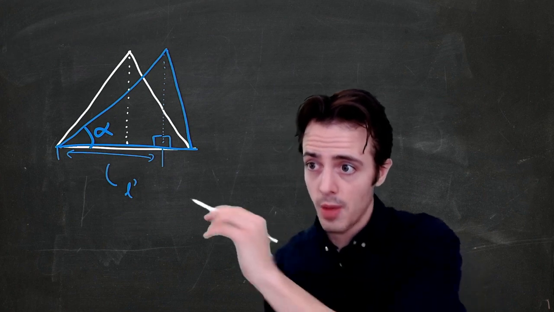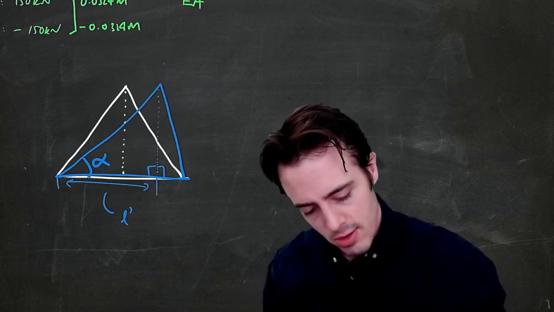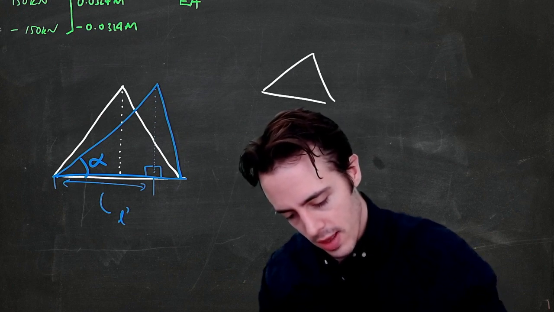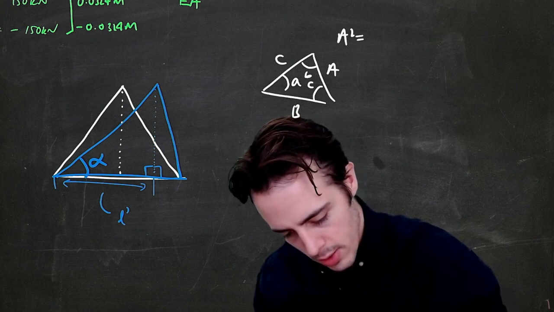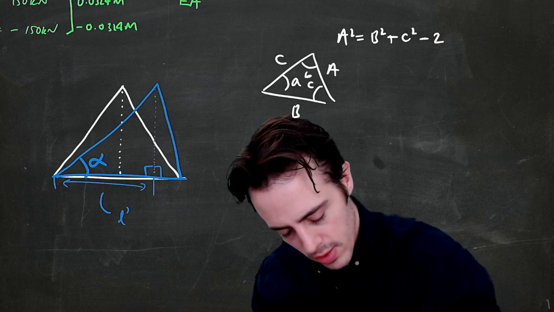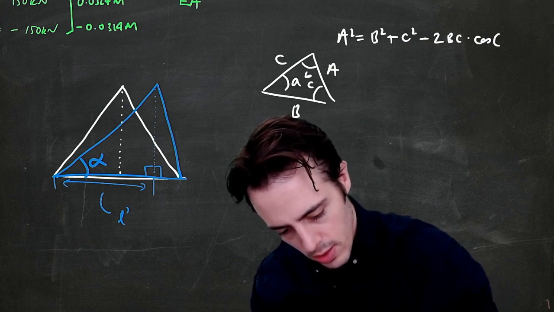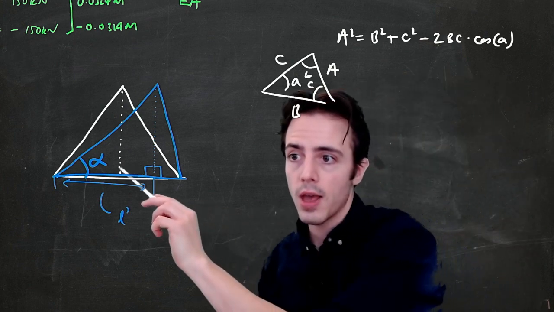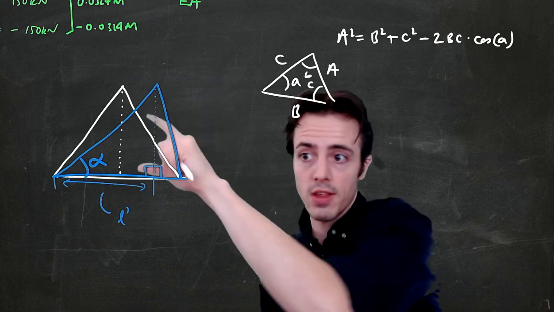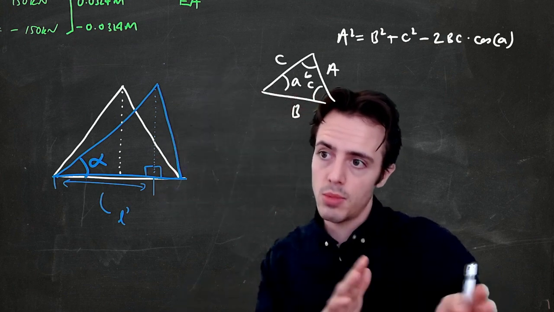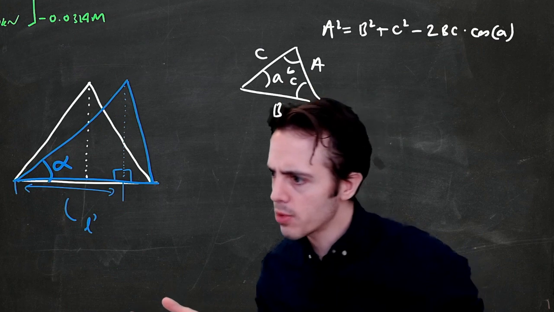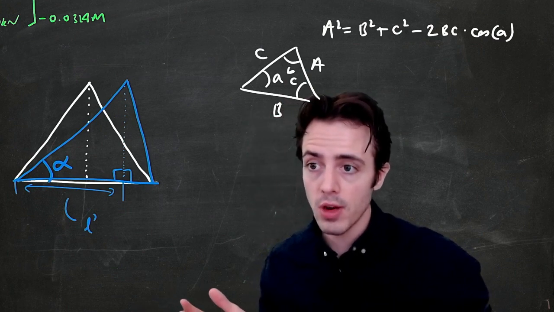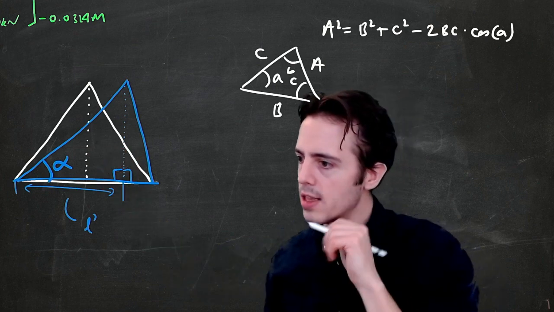So we can use the cosine rule to determine the angle alpha here. Remember the cosine rule, if we've got a triangle like this with sides A, B, C, then A squared is equal to B squared plus C squared minus 2BC cos A. So we can use this rule to get alpha, knowing that all of these sides would be equal to the 5 meter length plus or minus these two numbers here, and the bottom one doesn't change length at all. So we can work all of those out. You get the angle is equal to just slightly smaller than 60 degrees, which is good because that's what we would expect. And then we would get that using this method,